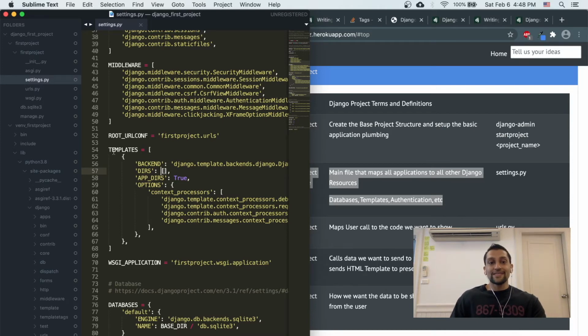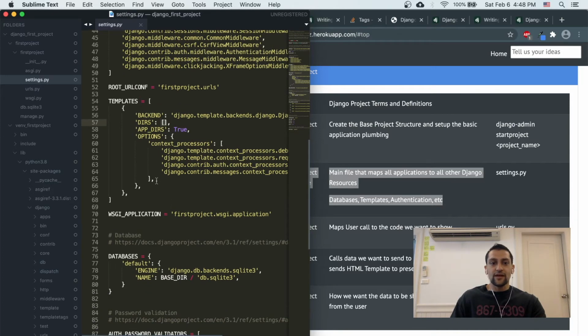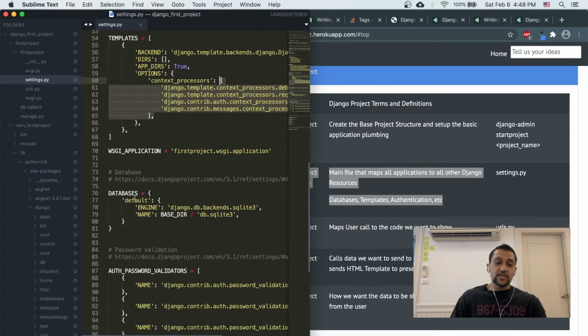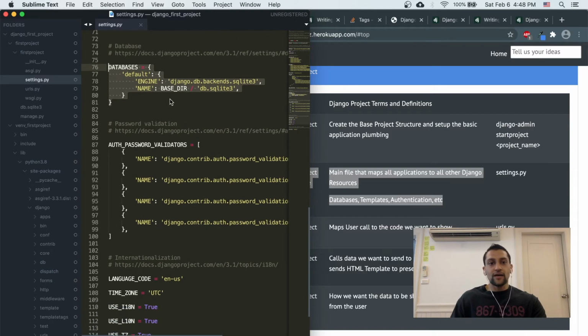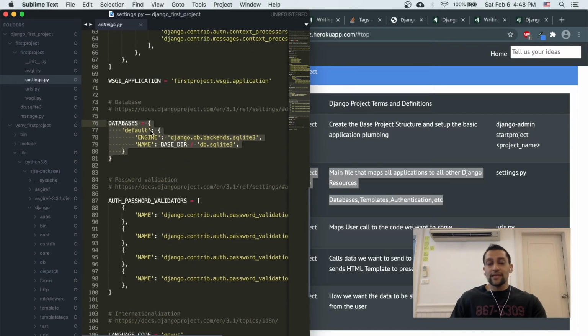So if I want to get to this one I would have to say templates 0, dirs value, and then the value would be an empty list there, or if I want to access any of these. มี dictionary ข้างในมี list ข้างใน dictionary so all these different things we've seen in the previous Python module. มี database engine คืออะไร เพราะว่า Django มากับ database แล้วครับ so we're going to see how to use that ในอนาคตครับ แล้วก็ถ้าเกิดว่าจะเปลี่ยน database ถึง Postgres หรือถึง SQL